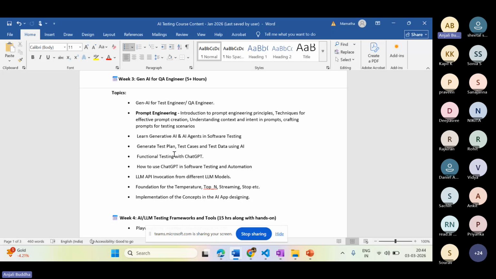The answer that you will be getting depends on certain parameters that were defined when they were introducing this LLM API. Some parameters we must know before we validate. The important parameters we are going to discuss are temperature, top n, streaming, stop, and many more. How is each going to affect the output? What is meant by stop when we are using an LLM model, what is meant by streaming, what is meant by top n?